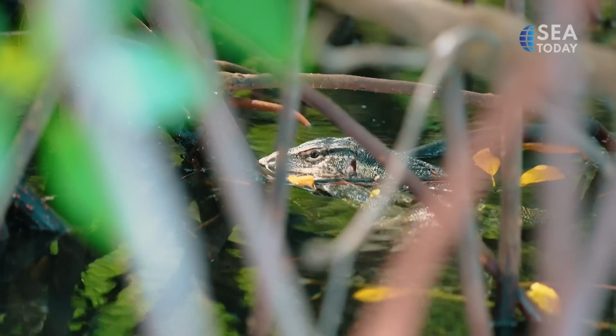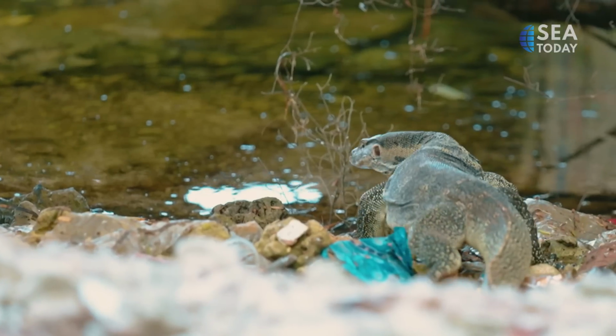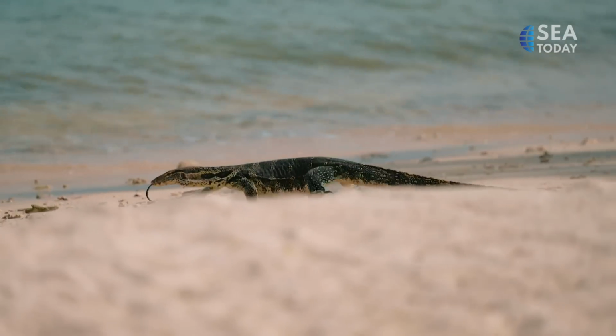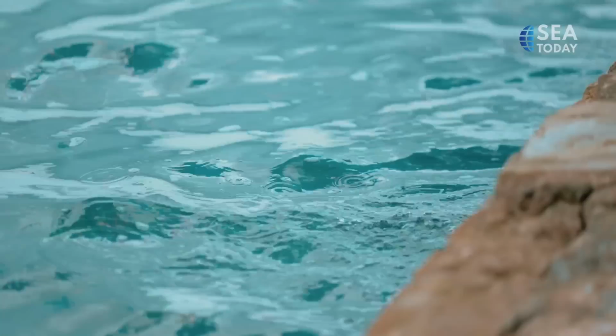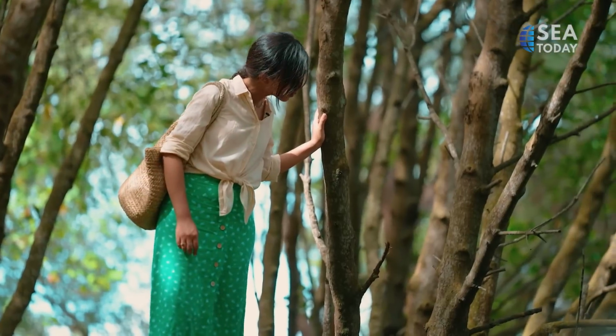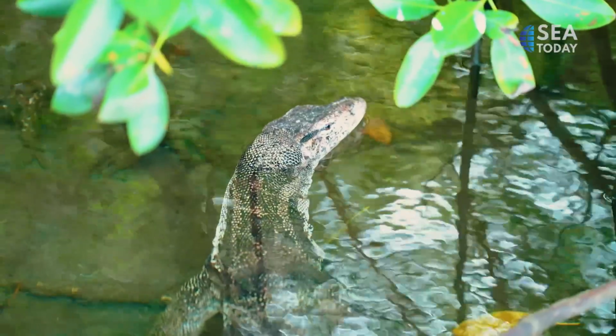The most common animal you can spot around the mangrove is the monitor lizard. There are at least hundreds of monitor lizards roaming around Bidadari Island, not all together in one place, of course. Monitor lizards are quite shy, so they tend to hide from humans. So don't worry, the lizards are not as deadly as the Komodo dragon, even though it looks like a smaller version